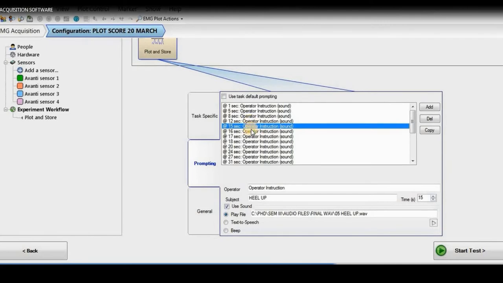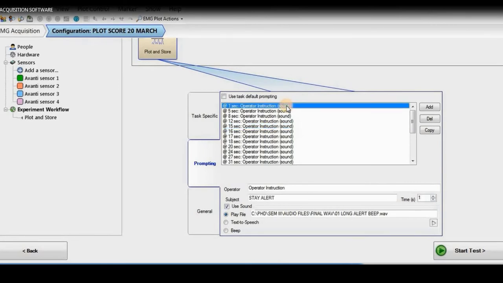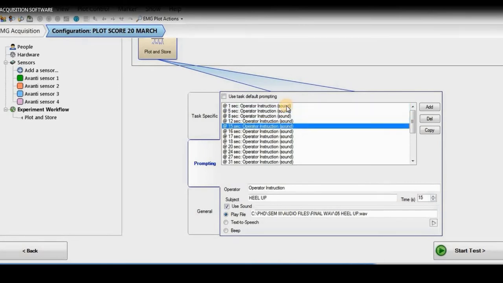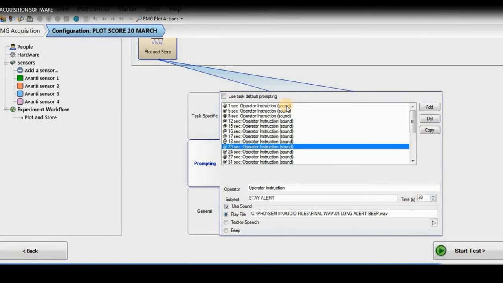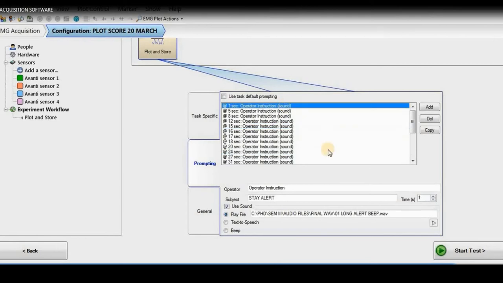Different commands are here. You can see, I can show you some more commands. Like this is the first command, then you have the other command, and with different commands you will find that there are separate prompts and each are on the timeline. It's a complete protocol of around 55 seconds that I have set.